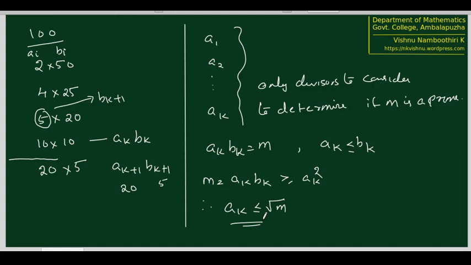That means if we have to look for a factorization of m, we need to consider only those factors of m starting from the lowest one. We need to go only up to square root of m to find a factorization of m. If at all m has some factors, one factor at least must be lying in the range, because we haven't considered bis. What we have seen here is that bis would also have been considered previously. So to determine the factorization of m, we need to just check the divisors in the range 2 to root m. So the conclusion we are making is the following.